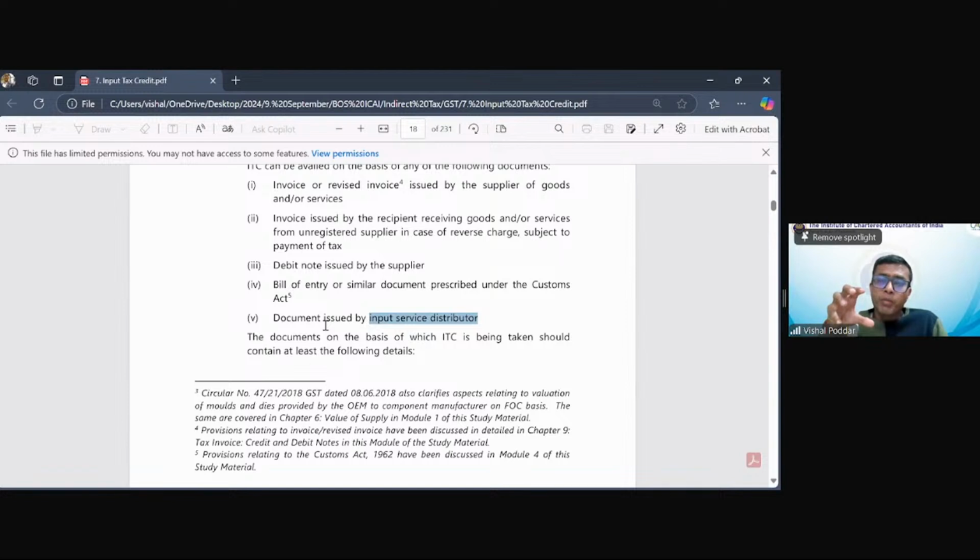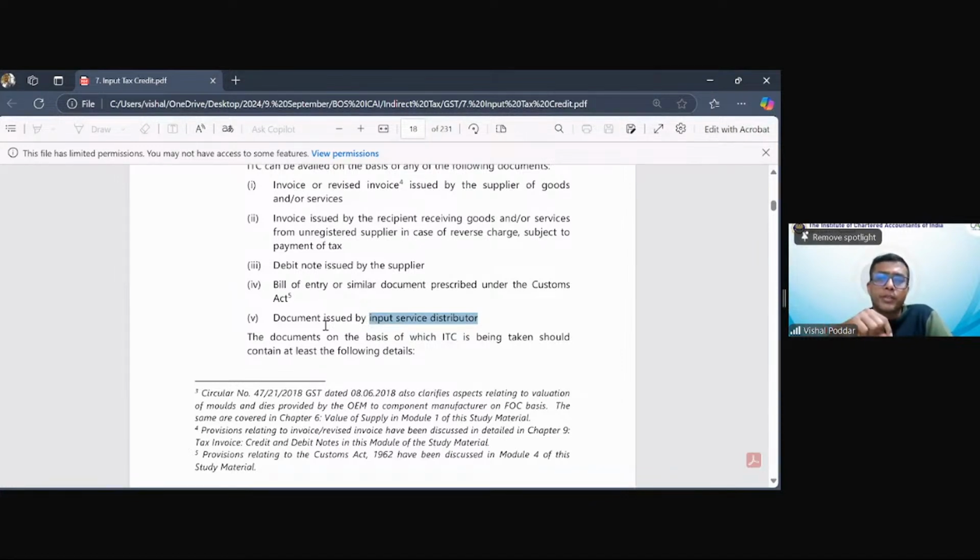So the first step will be that you are getting all the invoices in the name of this office, which is your input service ITC. This ITC balance every month you will divide, you will distribute amongst all the units, so that whatever ITC was there with you will now get divided to all these units. So your ITC balance becomes 0. And now this ITC goes and sits in the credit ledger of these units. Now, for all these units, you will be getting the ITC share of this common expense which had come to this office.